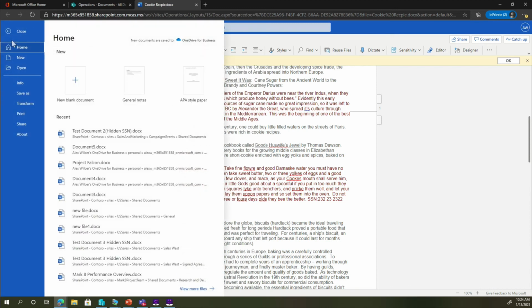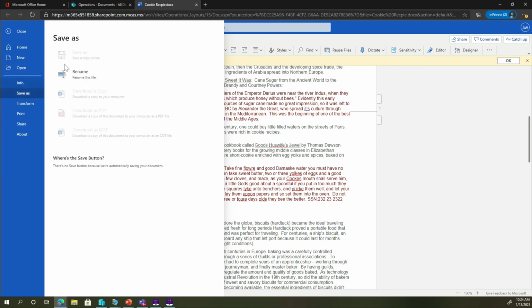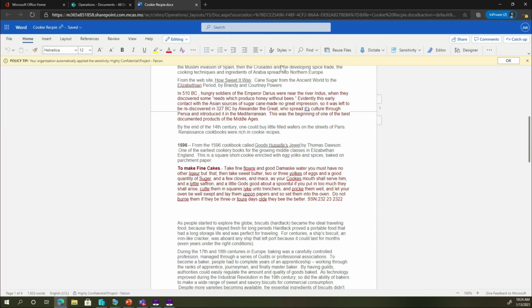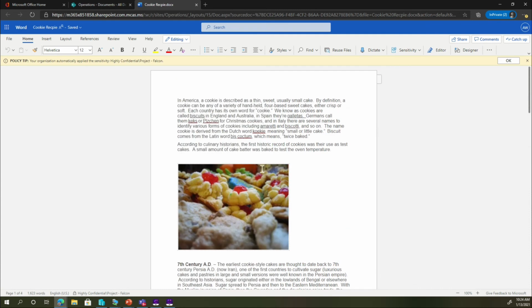What are the permissions that Alex has here? Can he save this document? No, he has no permissions to do any of those things. Can he print the document? No, he cannot print the document. So as you can see, even though Alex has permissions to look at this document, he has very limited capabilities within just viewing this document. So he's just got plain viewer permission, which we saw while we were creating that label.